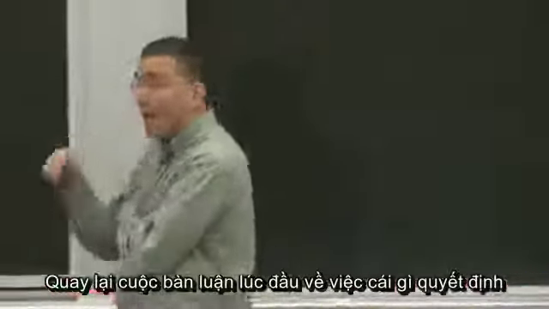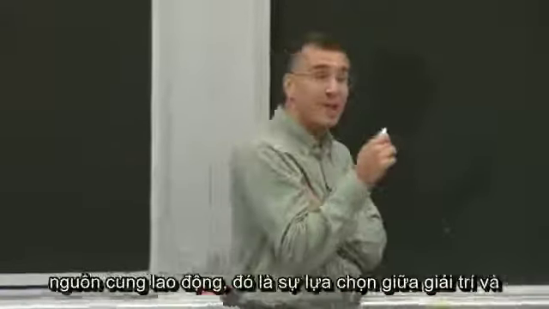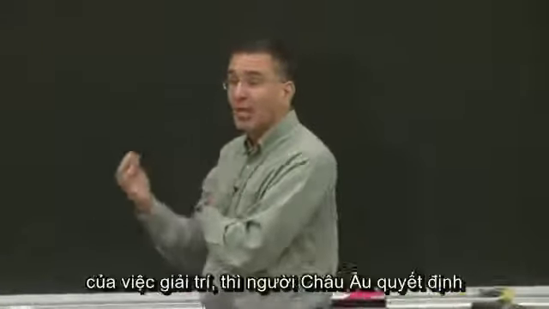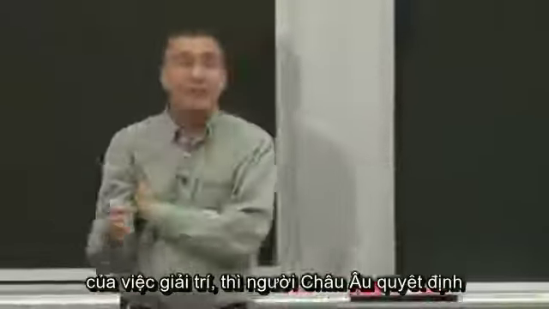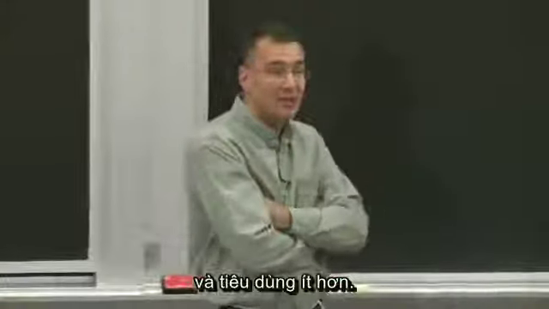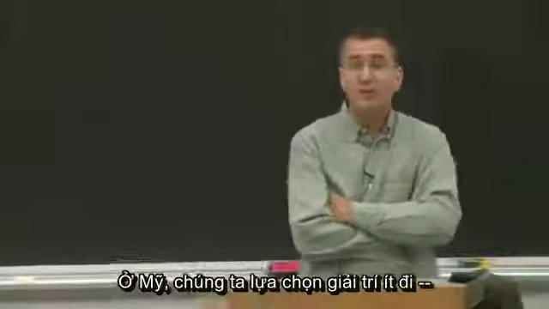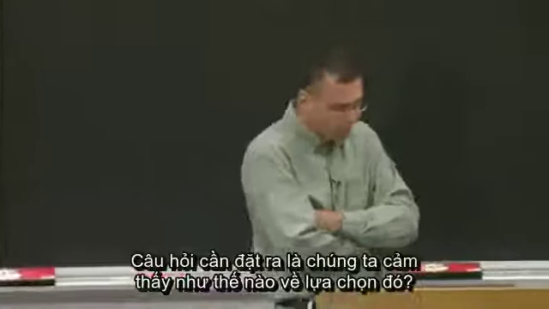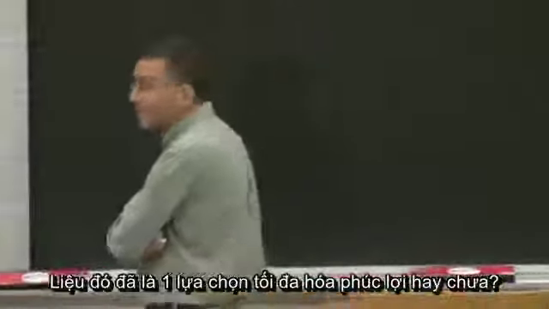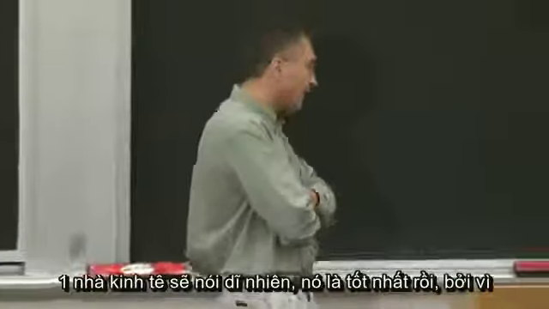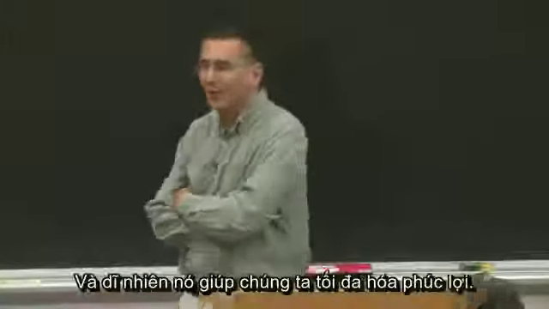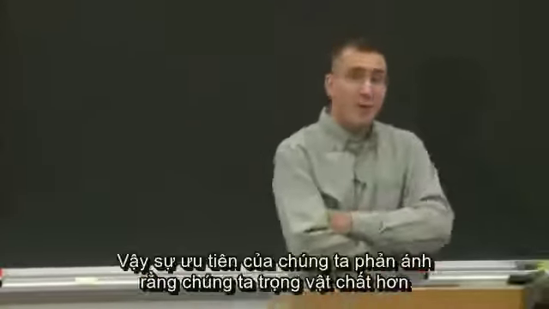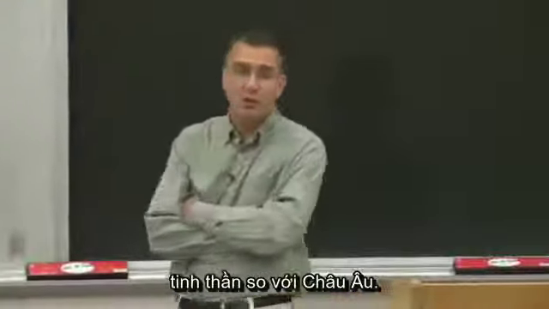So if we go back to our discussion of what determines labor supply, it's the choice between leisure and consumption, and you think of the wage as the opportunity cost of leisure, okay? What they've decided in Europe is to choose more along the leisure axis and less along the consumption axis. In the US, we've chosen less along the leisure axis. We work way harder than Europe, but we have more stuff. And the question is, how do we feel about that choice? Has that been ultimately a welfare maximizing choice? Now, an economist would say, of course it has been, because it's a choice we made. Of course it's been welfare maximizing. We talk about revealed preference, and people's choices reveal what they prefer. So our revealed preference, we just prefer stuff more and leisure less than Europe.